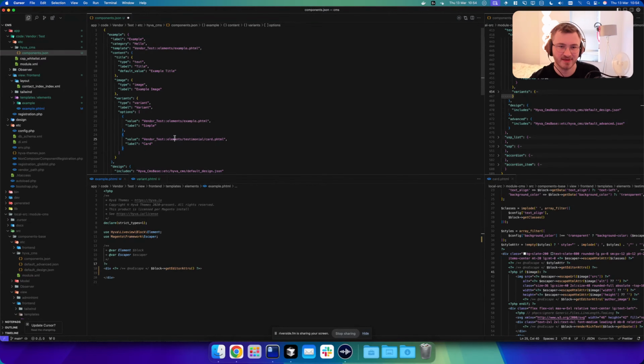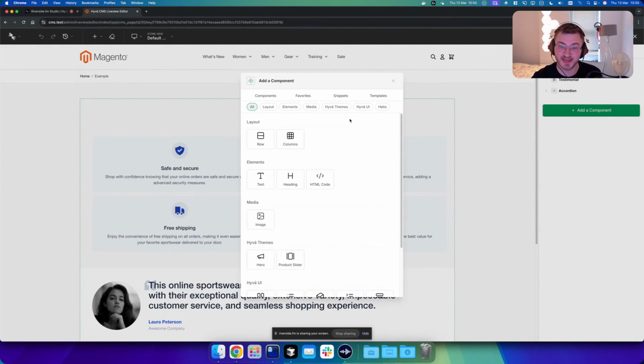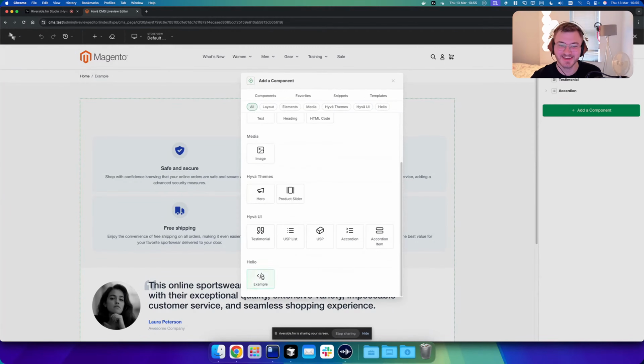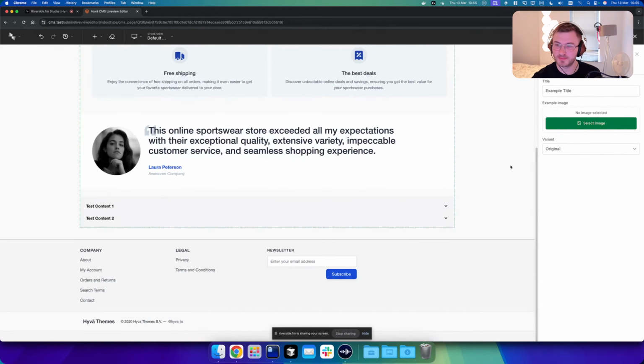You want to catch errors early. Exactly. So what I'm going to do here is finish off creating this variant, and I'll call this original. In this template, I'm specifying that this is the default one that's going to be used. I think all of it should be ready now. If I refresh the page, here we see the example component, inside the newly added category of hello. So I can add this, press edit, and look, we've got this all prepped here.